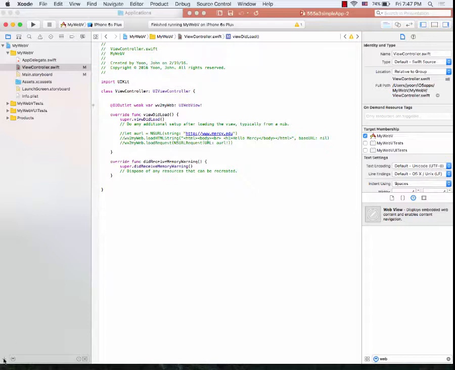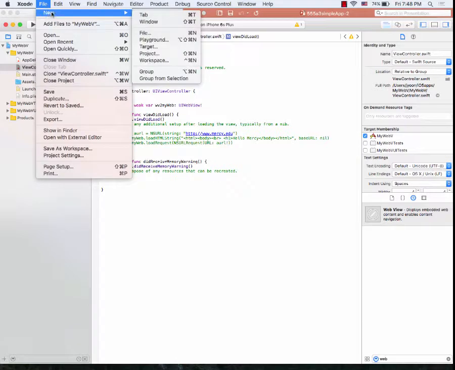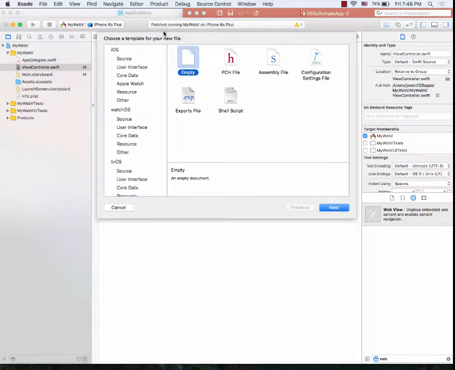You can click this, or on top global menu, right after Xcode, there is a file. Click on that. There's a new, and then there's a file. Either this or lower left corner. Either way. Click on that, then you can see